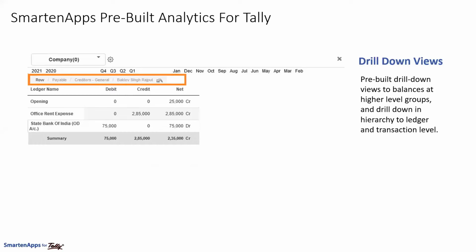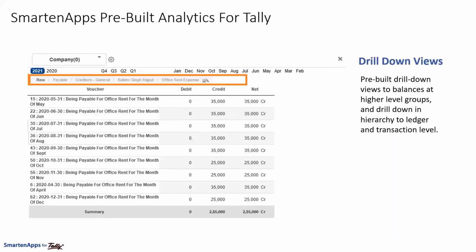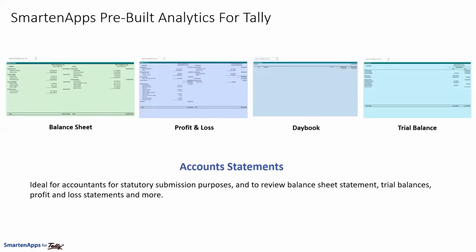So same way, this was the example of sales, and you can navigate through other. This is the voucher level detail that you can see that is coming across. So you can have a snapshot view, and then you can keep on drill down up to the voucher level. You have the account statements accessibility. So yeah, if you want to look at especially your day book and stuff, that is readily available.